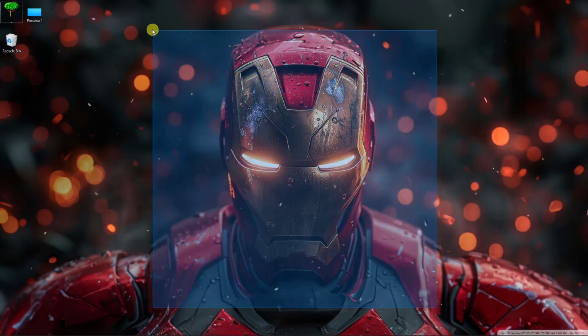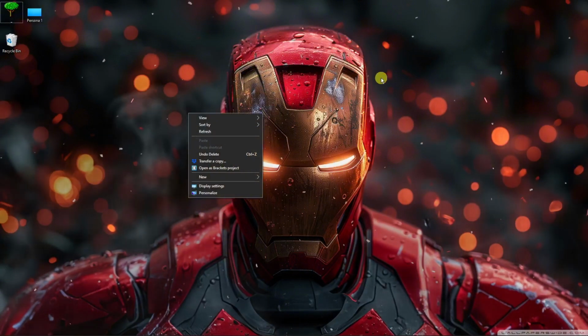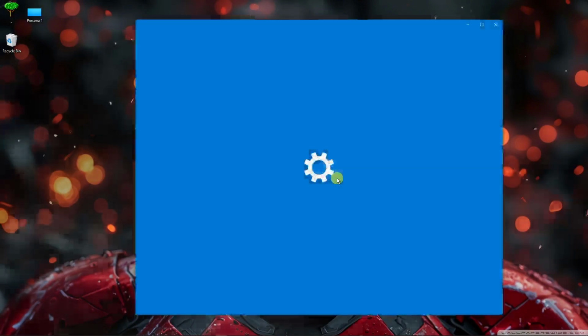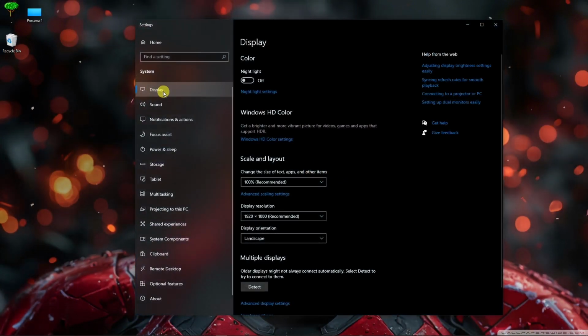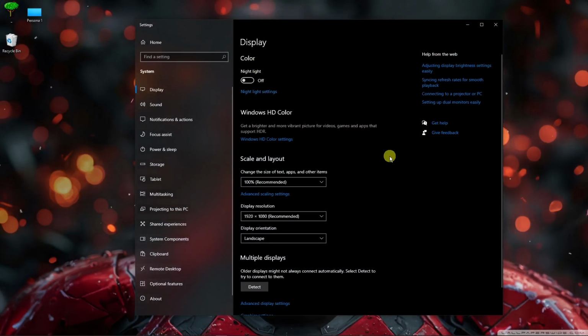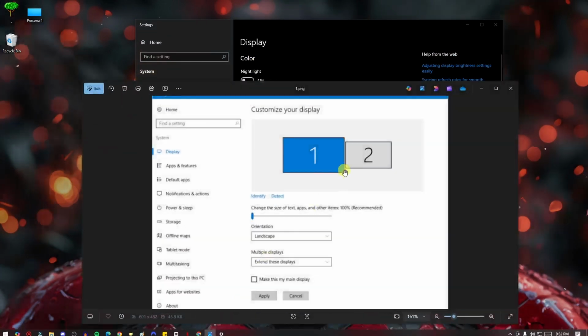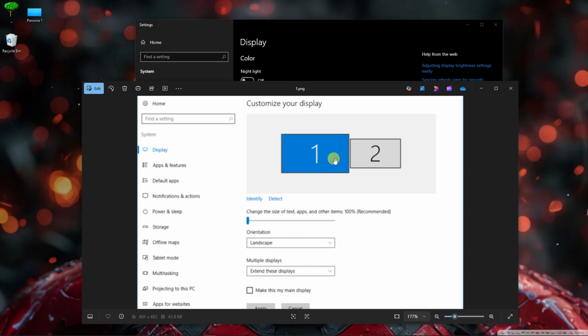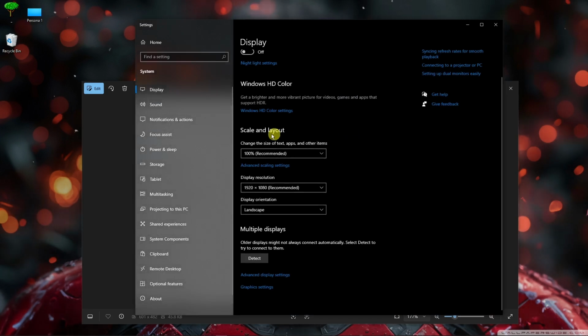Now step number 3 for that one, right click on your desktop, basically, and click on display settings. Now make sure you're going to be on display, right? So you should see another monitor here looking like this. Under display, select each one of them. Start with the first one, and then once you're in the first one, make sure everything here,